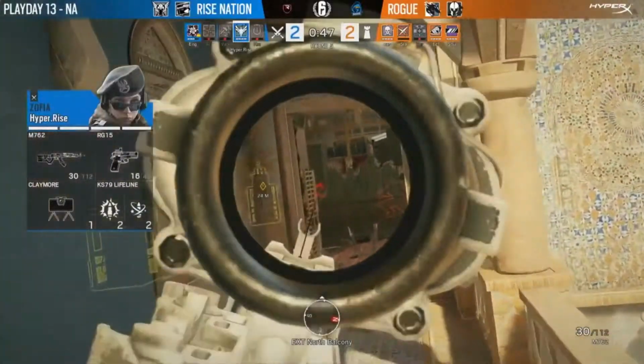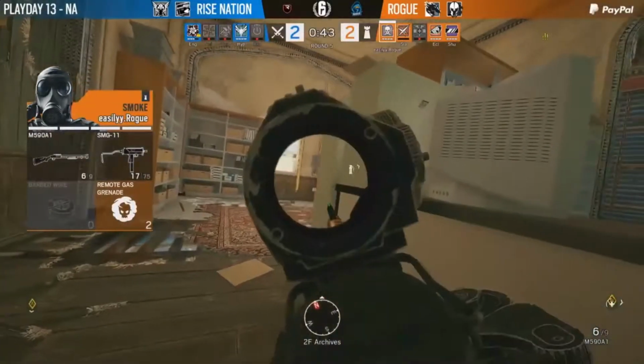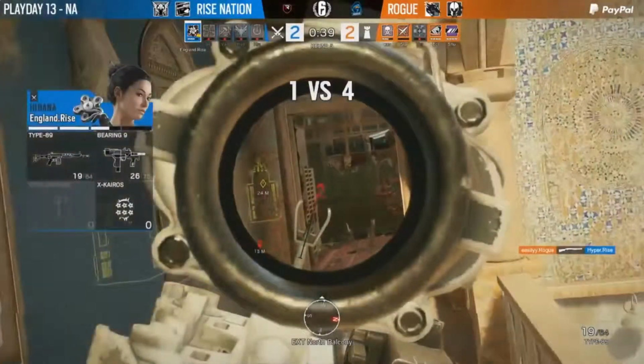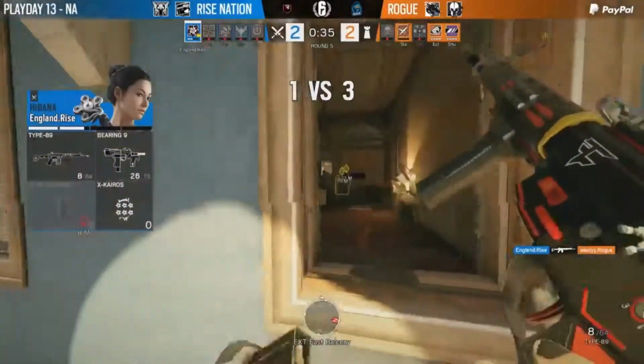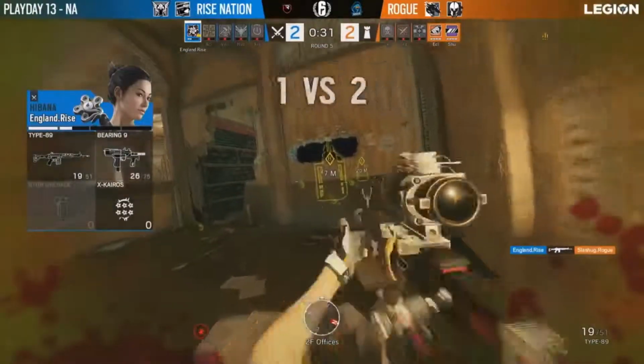They need to start pushing balconies and windows. This is more reminiscent of that first round. But things got really scary for Rogue. It doesn't appear that will be the case this time, as once again you have the limited magazine and capabilities of England. You'll get a very easy kill onto Easily, if you pardon that pun, and then he'll collect the